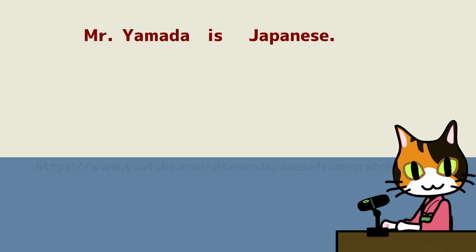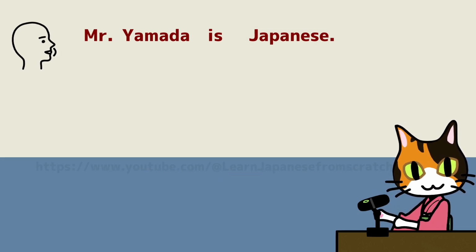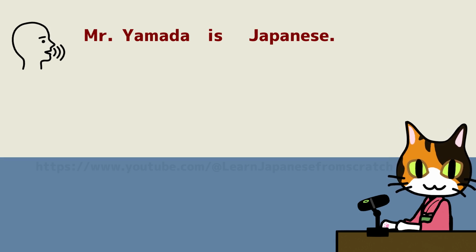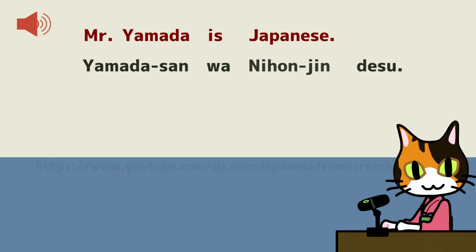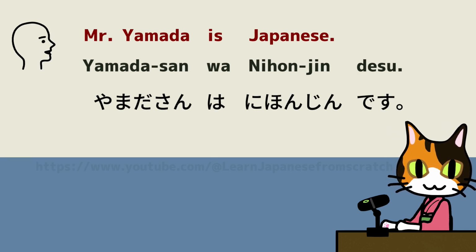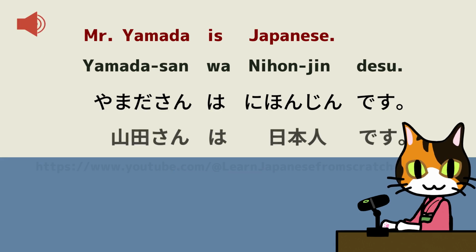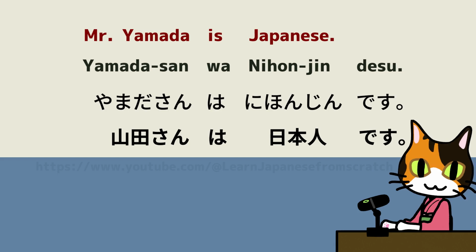Wonderful. So how do you say Mr. Yamada is Japanese? Exactly. 山田さんは日本人です。Once again. 山田さんは日本人です。